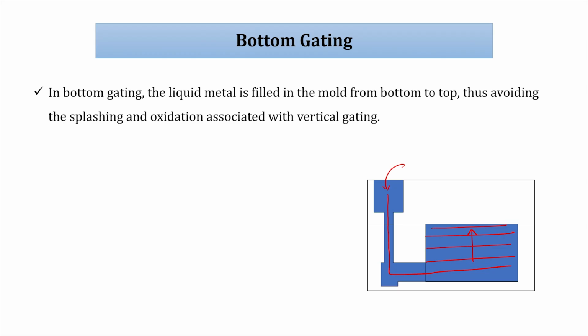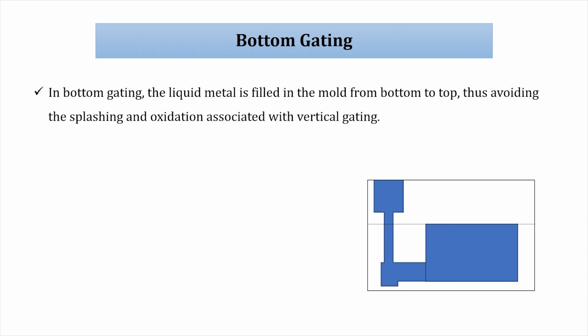Thus this avoids the splashing and oxidation associated with the vertical gating system. Due to bottom filling, stack by stack, oxidation is reduced and splashing is reduced. Indirectly, you are reducing your kinetic energy. So oxidation and splashing will be less in bottom gating compared to